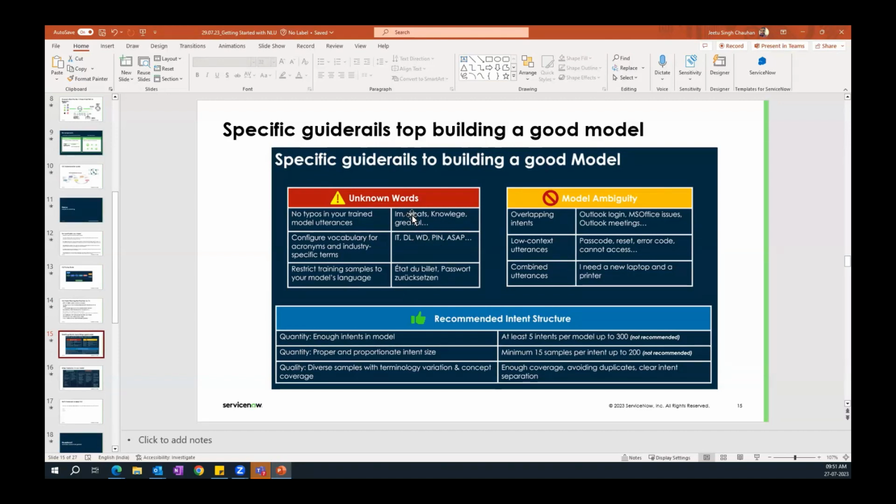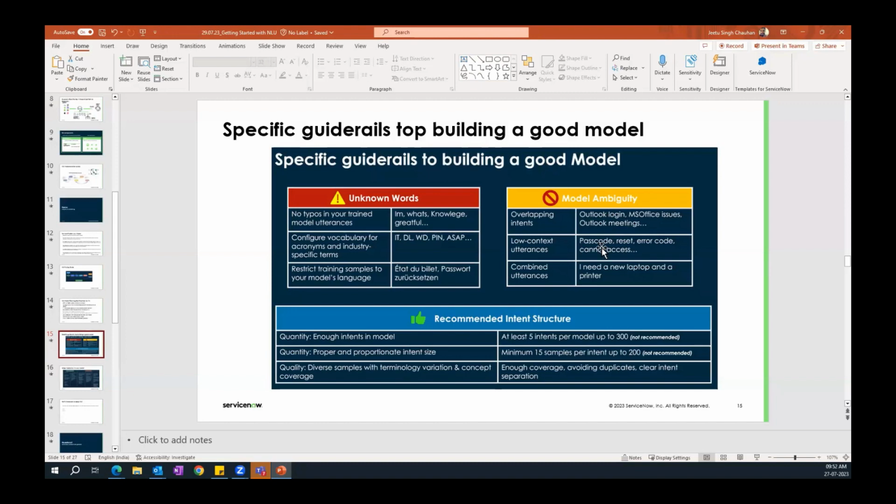It should be I space AM. So avoid those unknown words. Acronyms like PIN, ASAP, you can avoid these unknown words in your utterances. If you want to use them, then always use the entity and relevant vocabulary for synonyms. Avoid using non-English words if you are creating an English model. It will make your model confused and it will not perform well.